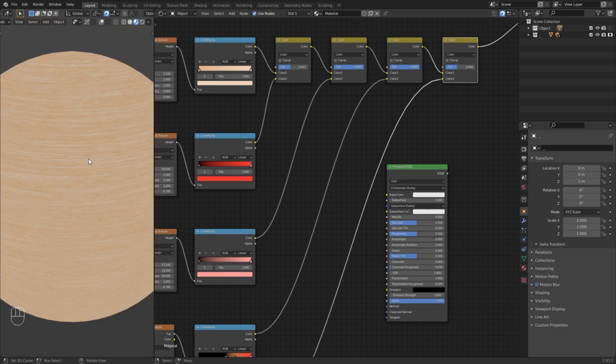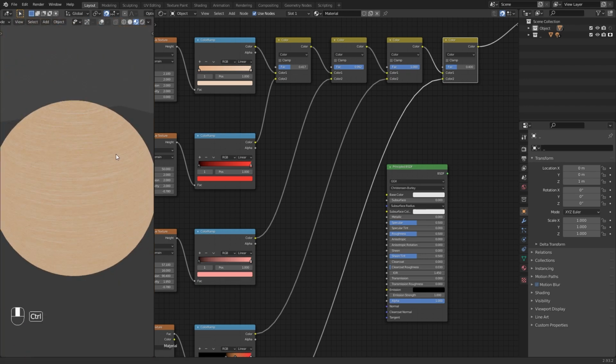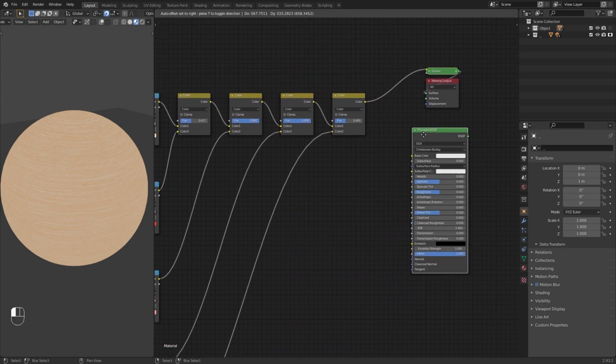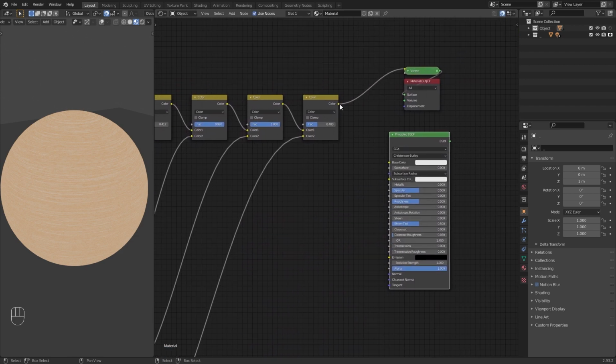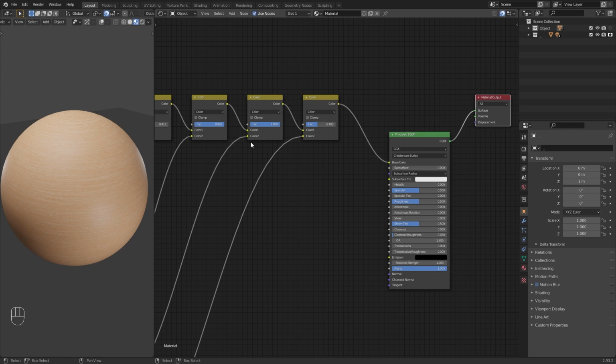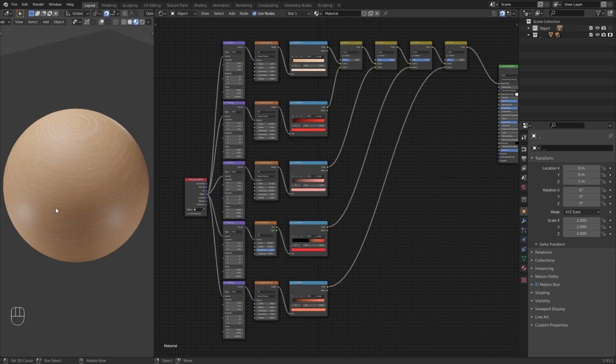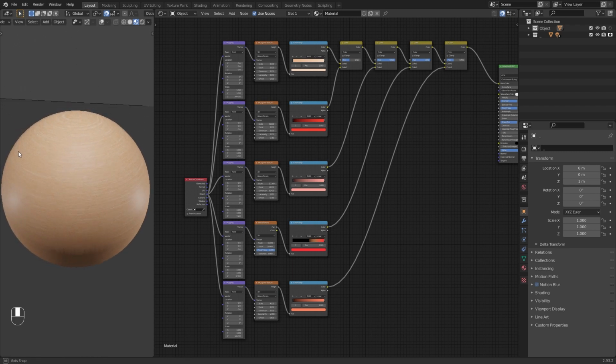Now let's connect the output of this last color node to the principled shader. This is how the color output of our clay material appears through the principled shader. Now let's arrange all these color nodes.